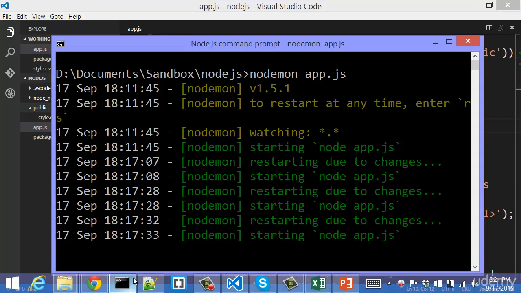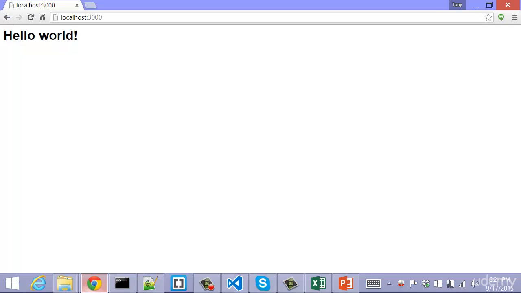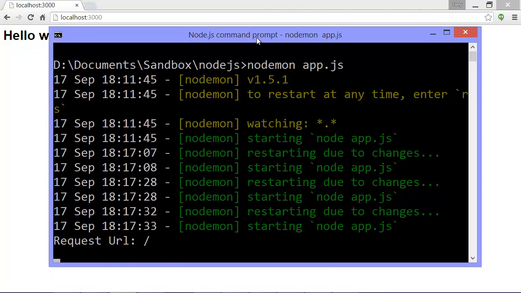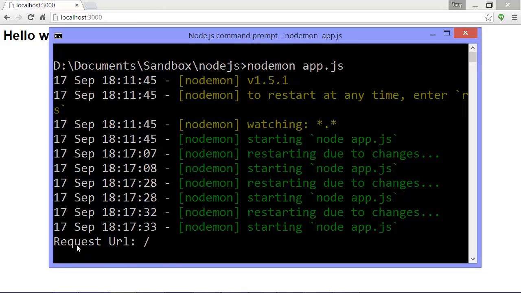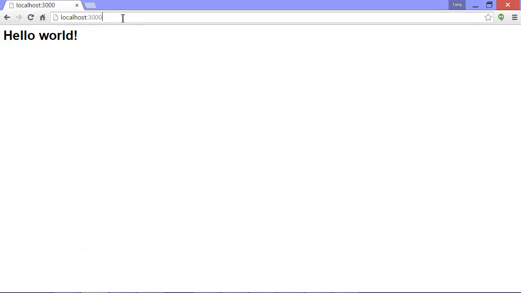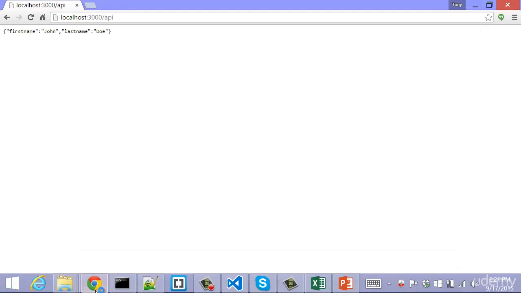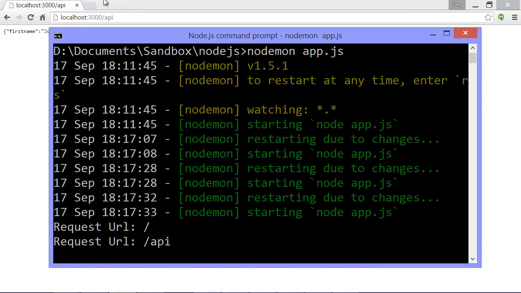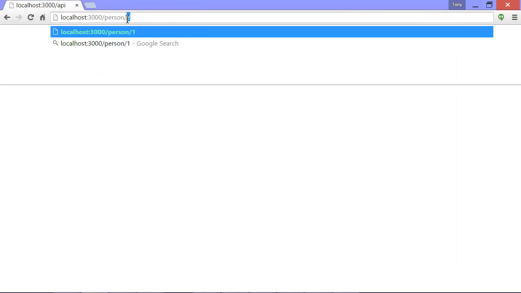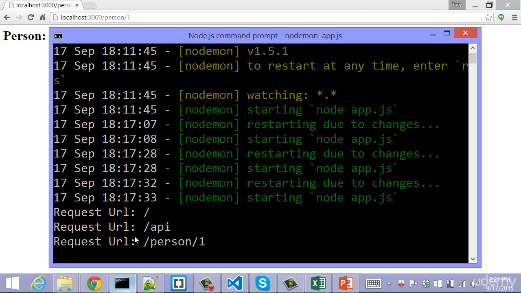My app is still running, so I'll just refresh, and it still worked, but look, that other middleware ran. It caught that particular route, ran my middleware, and that third parameter it passed to me was a function that I was able to invoke, which caused the next middleware to run, which turned out to be my get method. So I could go, for example, to /API, and there it console.logged, and I could go to person/1, and